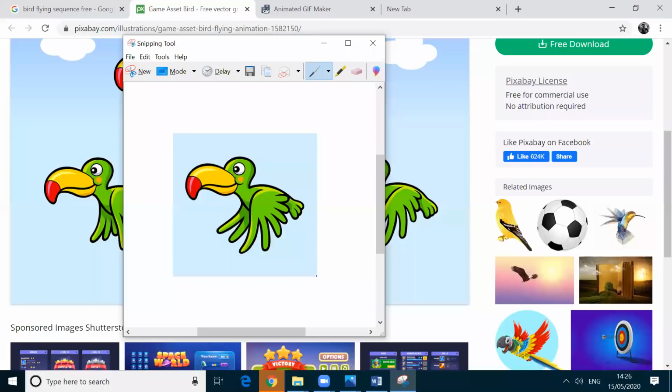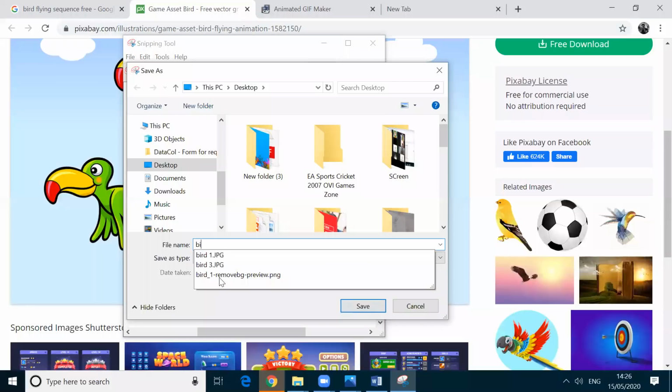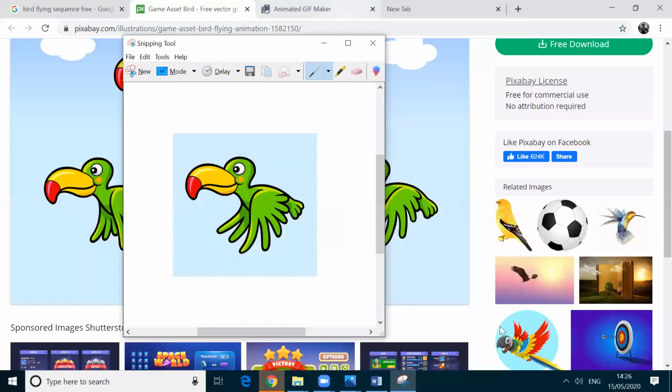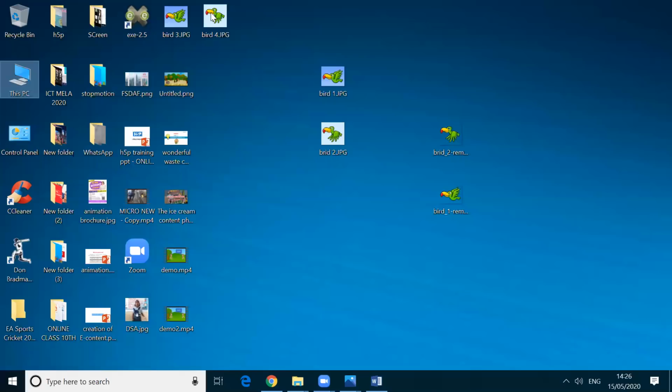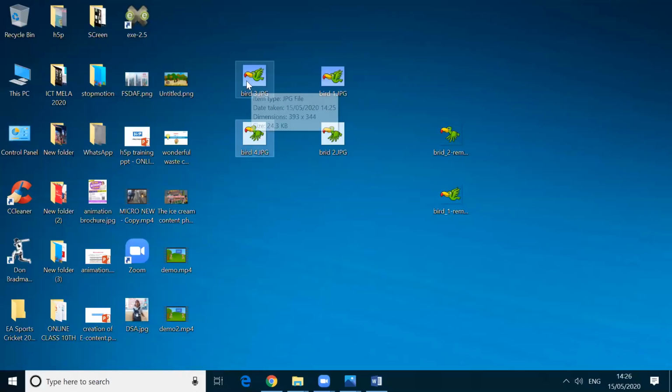And then I am saving it as bird 4. Now I am having in my desktop bird 3 and 4.